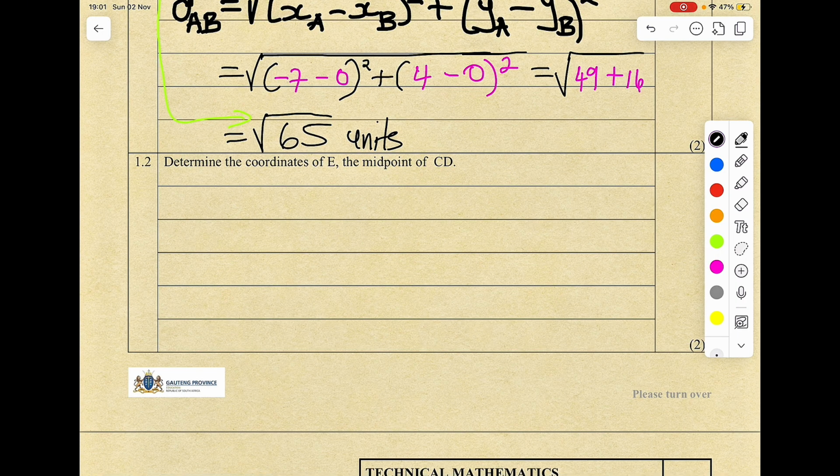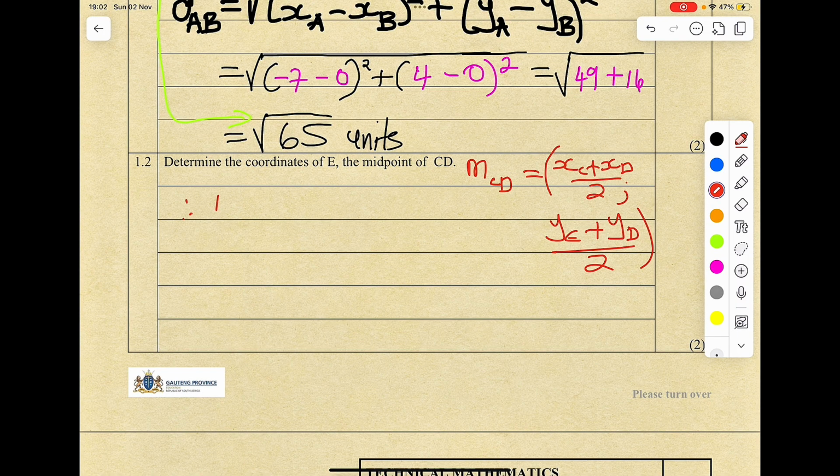So this one is the midpoint. Midpoint formula. The midpoint of CD is going to be the X of C plus the X of D over 2, and then we're going to have the Y of C plus the Y of D divided by 2. That's what we need the distance for, right? So therefore now E, which is the midpoint, we're just going to go straight to substitution. So it's going to be